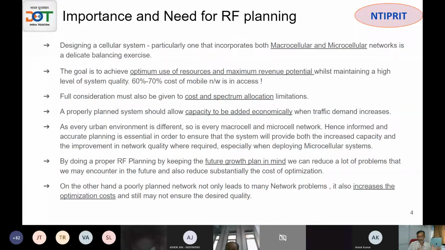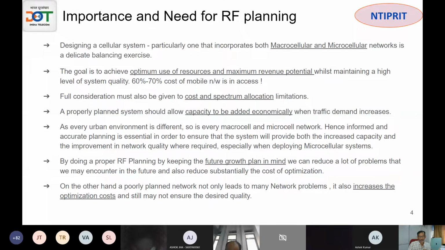Every environment is different, urban to rural, macro to micro, hilly to flat terrains. All those things are required, and your planning also has to be future proof. Suppose you go to a small tier 3 city and put one tower right in the middle. That may not be the right location after 2 years when you want to add 2 more sites to that. Maybe you would like to have a slightly spread out structure, and the first site may actually become a redundant site. So we may have to think many things.